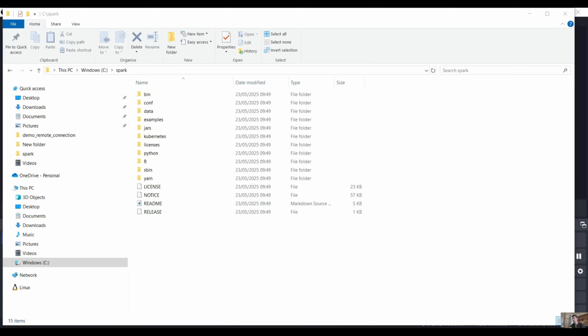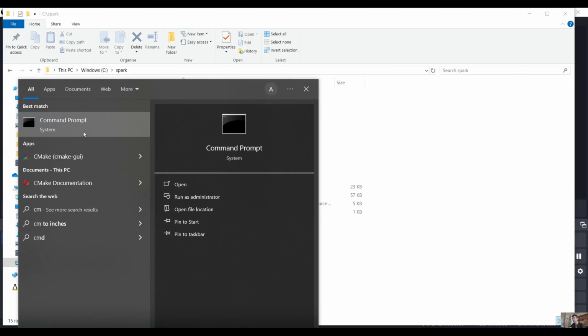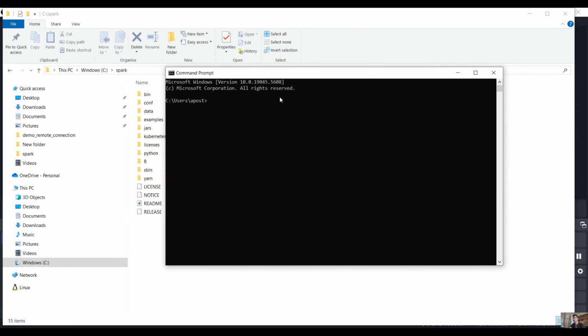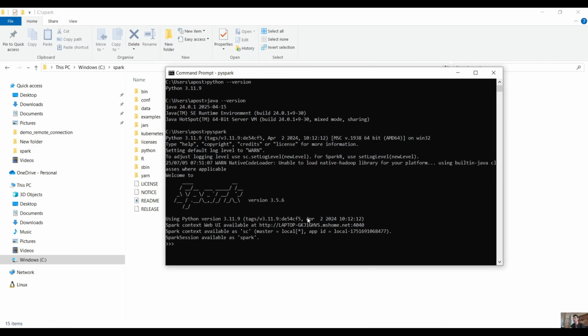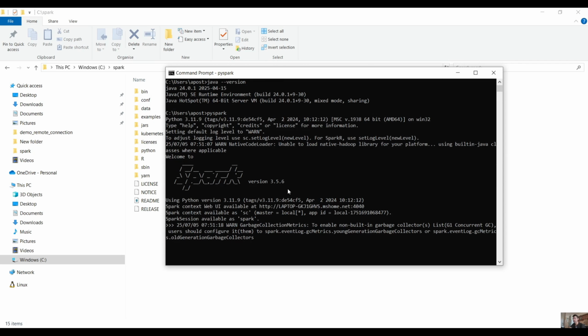Now open CMD, type CMD in your Windows search, and then here we can check Python --version. Python is installed. Java --version, Java is installed. And now if we type PySpark, you will see it's going to trigger PySpark. Let's see what happens. Okay, so here, as you can see, PySpark is